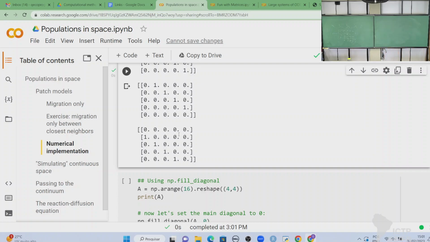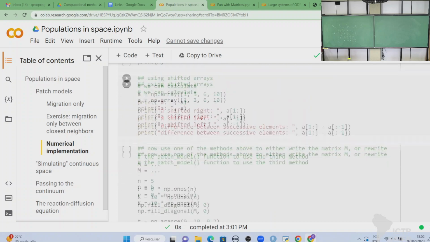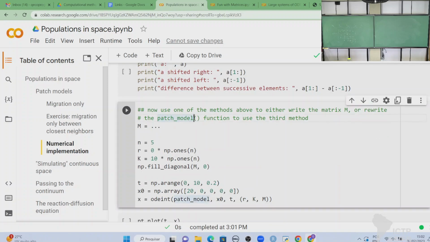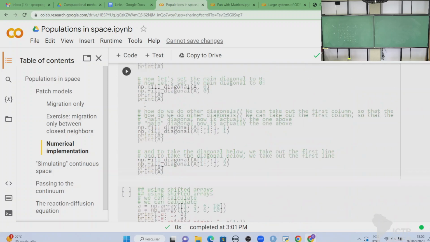So we want to build this matrix here, right? So what do I have to do? I have to take a matrix that has this diagonal and sum it with a matrix that has this diagonal, right? And the sum is going to be a matrix with those 2 diagonals. So I just take them, so my matrix M is going to be this diag here,